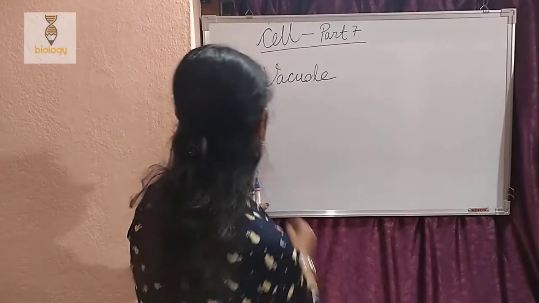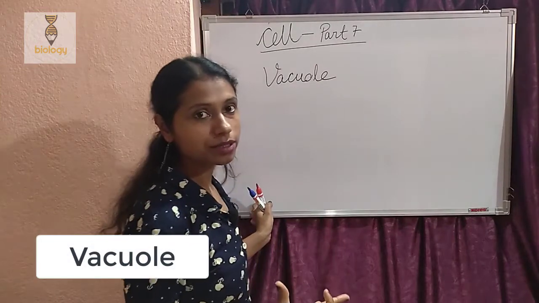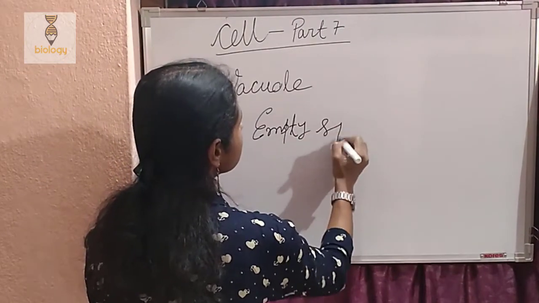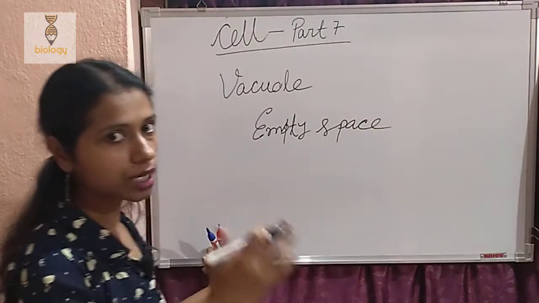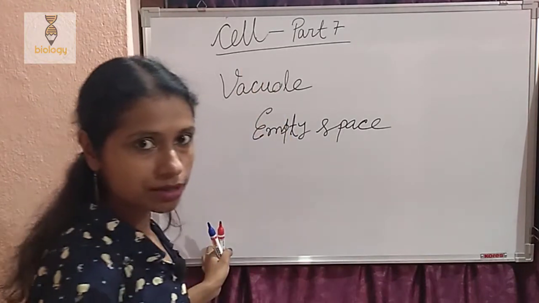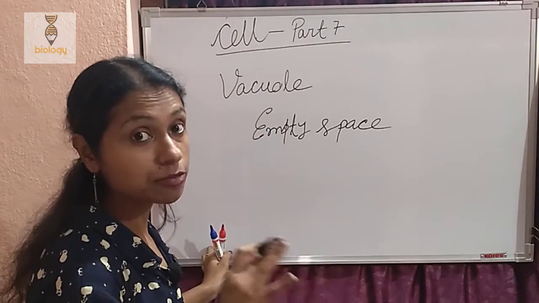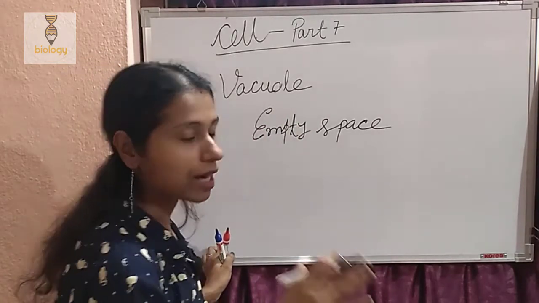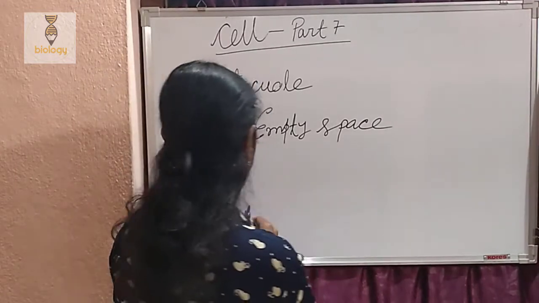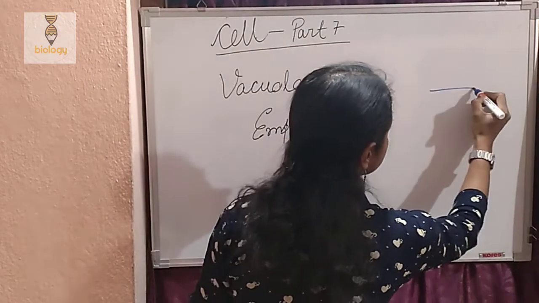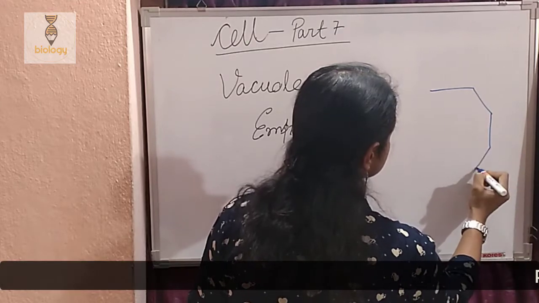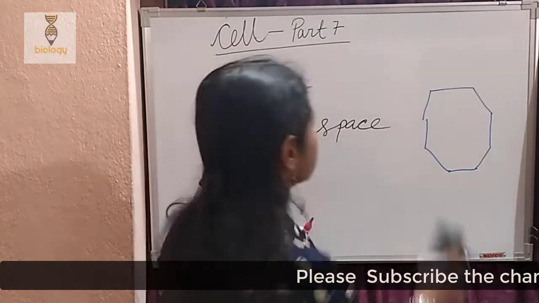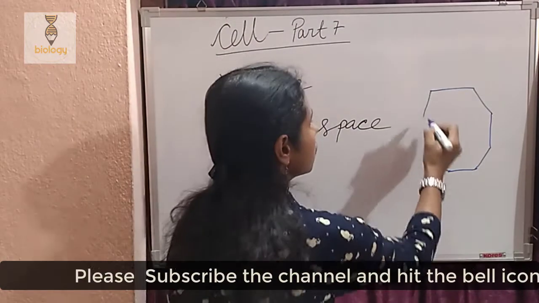So from the name vacuole, we can understand vacuole means empty space. Empty space means nothing is there. So in case of a cell, vacuole means there is no cytoplasm, a vacant place. So this is a cytoplasm-less part of the cell. Suppose in case of a cell, this vacuole